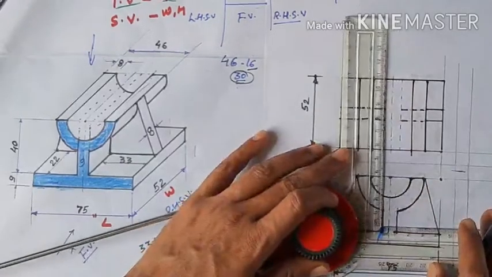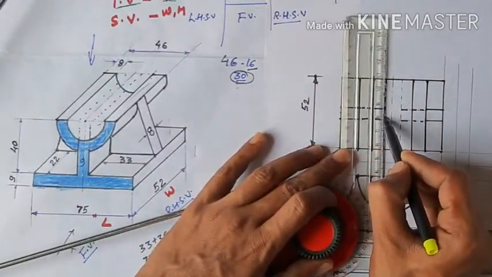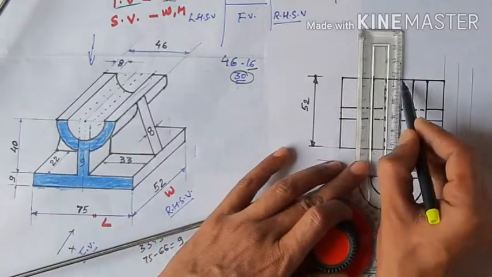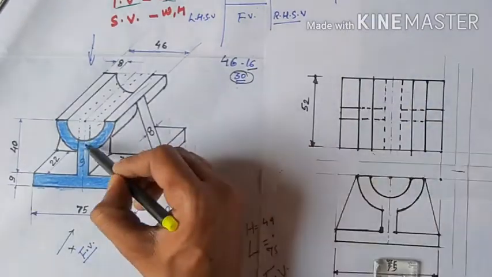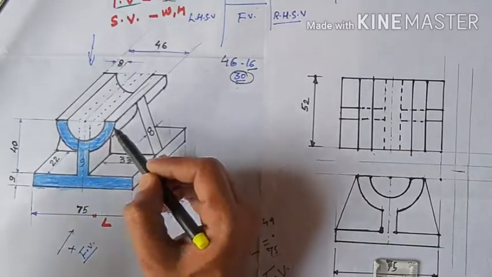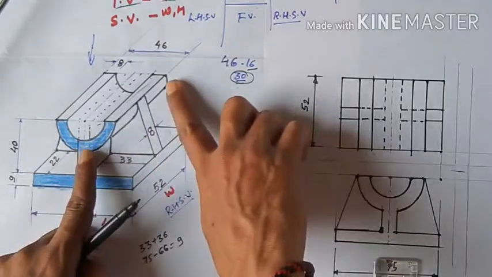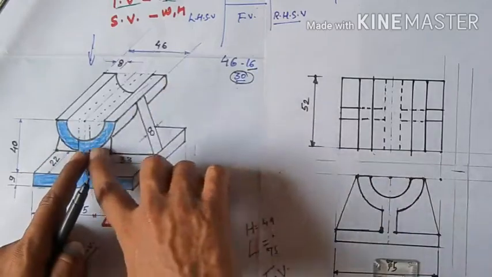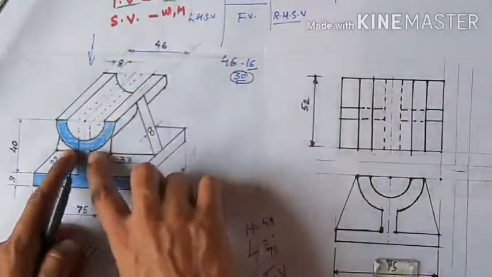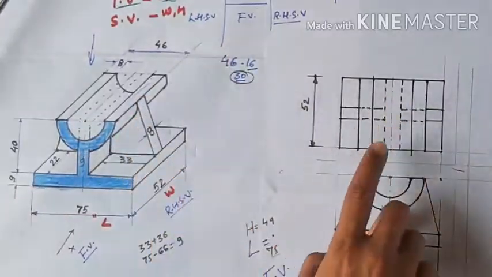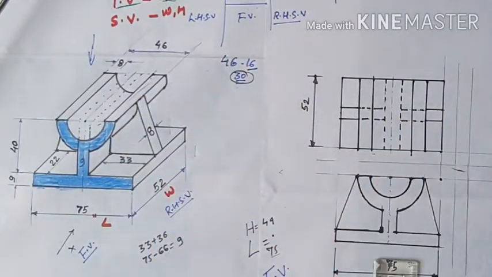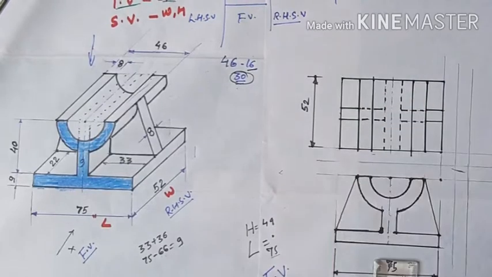And for the remaining, this is also your hidden line, because these 9 mm strips are not clearly seen from the top, but this is joined completely with the solid line to the behind of this top view. So from here this and from this is a single line like this, so we need to make it like this. So this completes your top view.